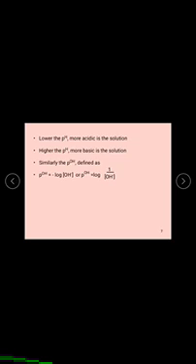Then pOH is equal to minus log of the OH minus ion concentration. Then the OH minus ion concentration is equal to 10 to the power of minus pOH. And the sum of pH and pOH of the solution is equal to 14. Here let us see some problems on pH.